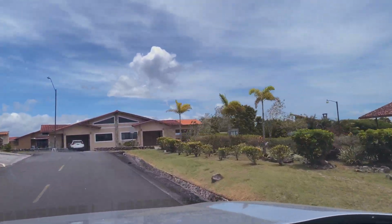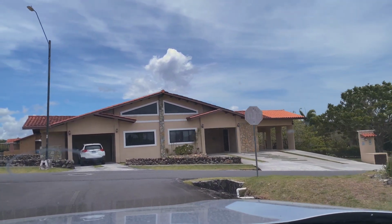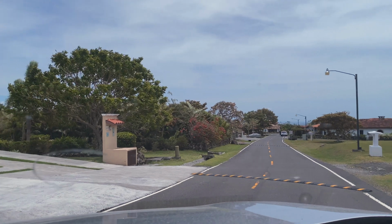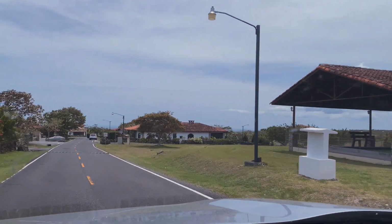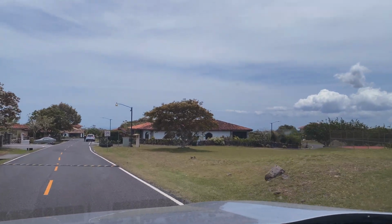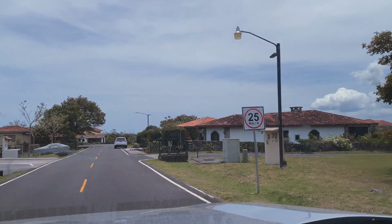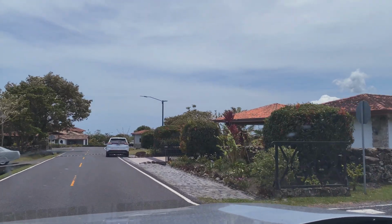Look at this one. What is this? Like a lawn bowling game, bocce ball, something. What's he doing? Waiting for the crew to come up and play. We can go up to here or farther down. Let's go down to